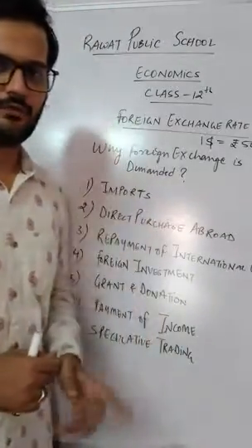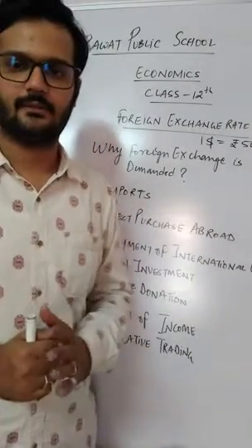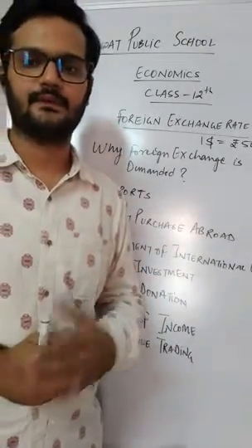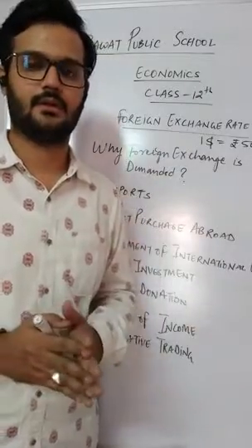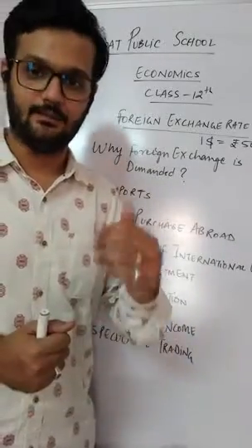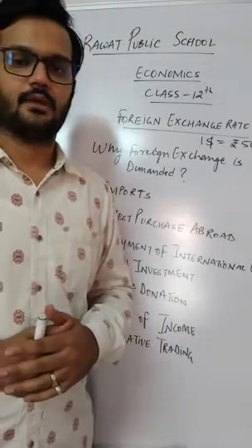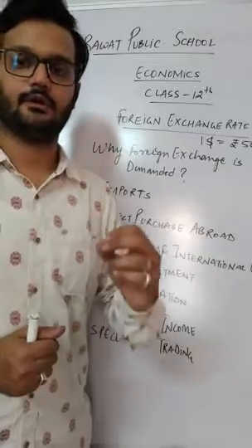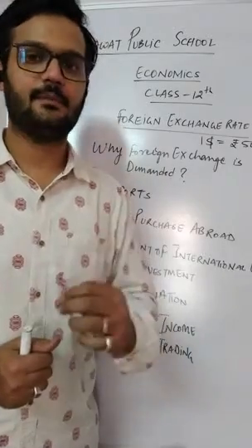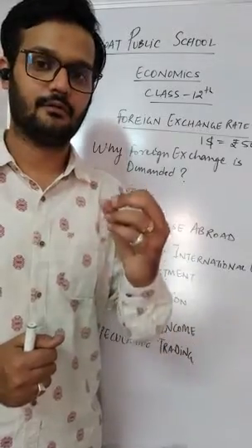Okay. Now the fourth point is foreign investment. What is foreign investment? That means you invest your surplus amount somewhere. You can buy a property in a foreign country. You can buy shares in a foreign country. You can buy a business in a foreign country. Whatever you want to do, you can do that. So this is the payment for investment purposes. If you are investing in some foreign country, then again you require foreign currency.